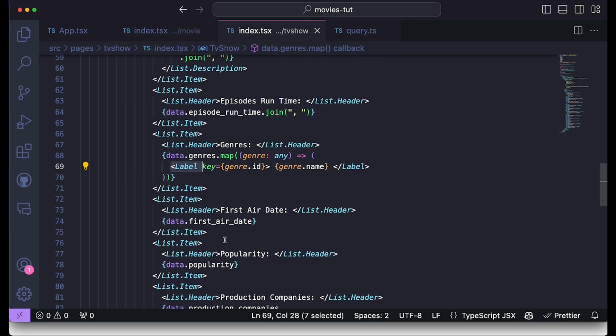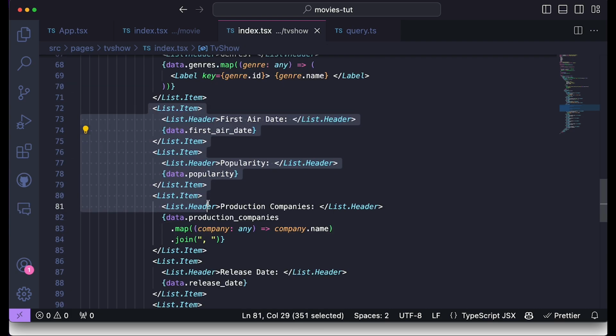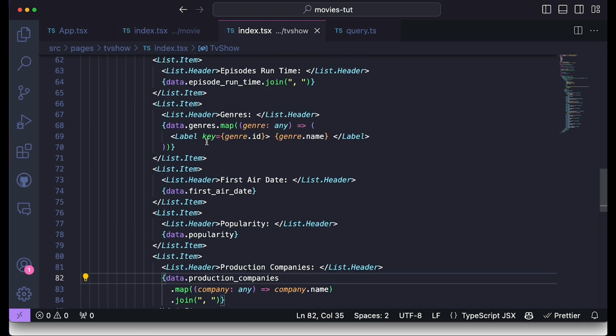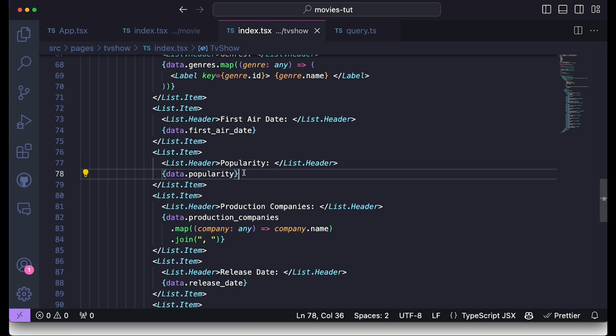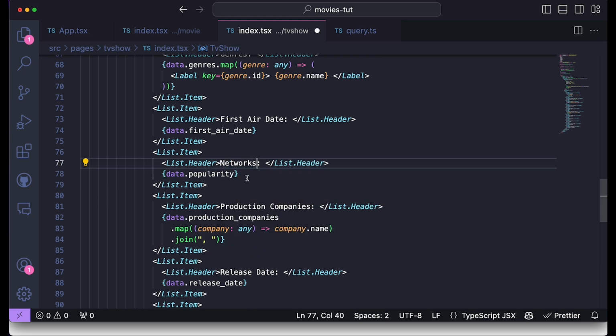Okay, here what we want to do is we've done genres. Now we want to display the networks. I'll delete a bunch of this stuff because actually no, I'll keep some. I'm constantly thinking if I should just delete so that it becomes easier for you guys to look at it. But basically for networks, we want to display a list of the networks that this TV show has aired in. So we'll say